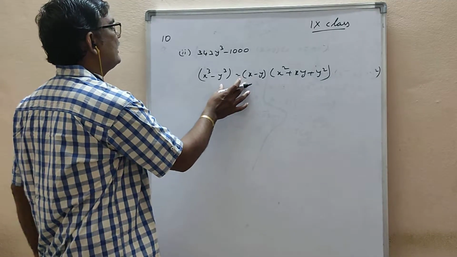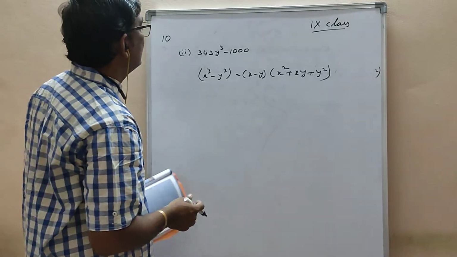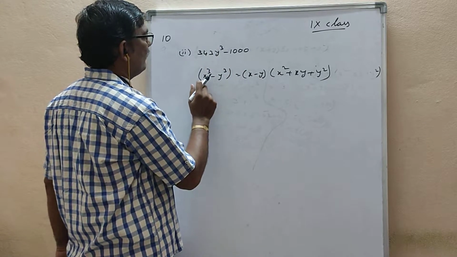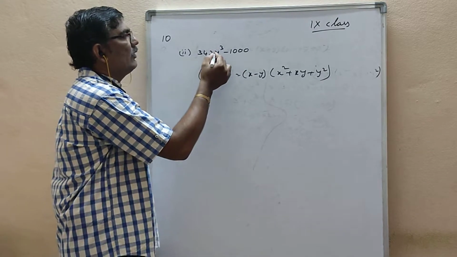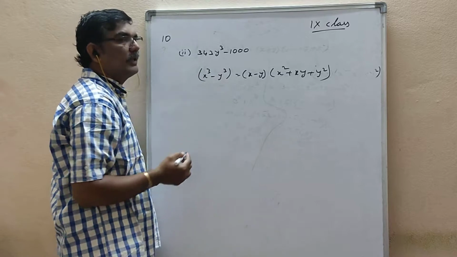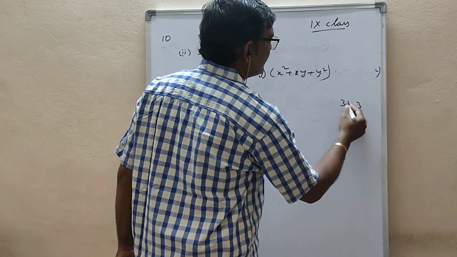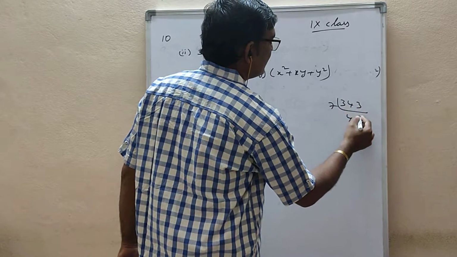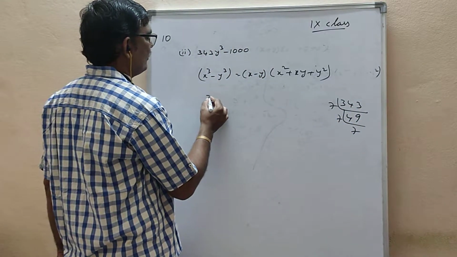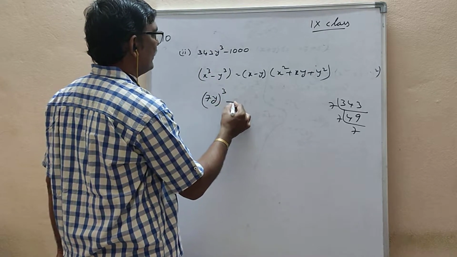So you have to use this identity for factorizing this one. This question you have to write in the form of x cube plus y cube. See, here cube is there only for y, but for x cube, the entire number's cube should be there. So 343, if you do prime factorization, 7 4s are 28, 7 9s are 63, 7 7s are 343. You can write 343 as 7 cube. Means here 343y cube you can write as (7y) whole cube.